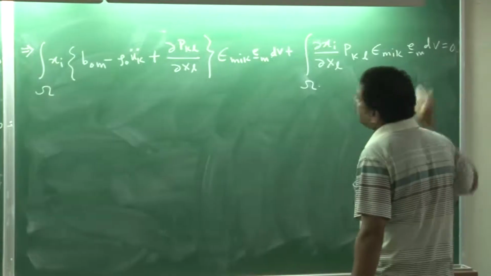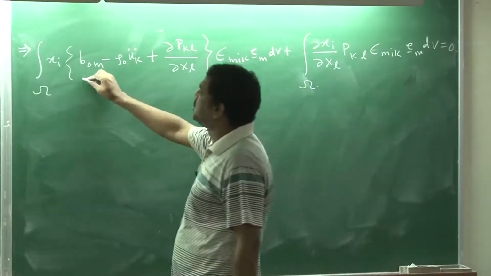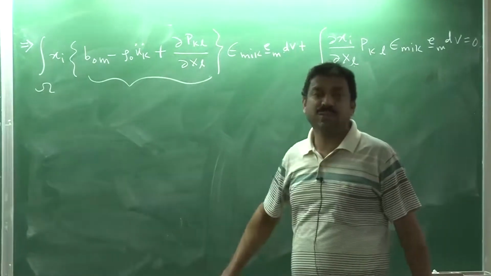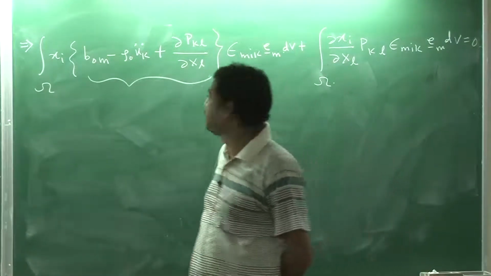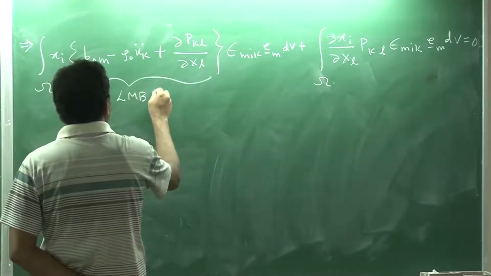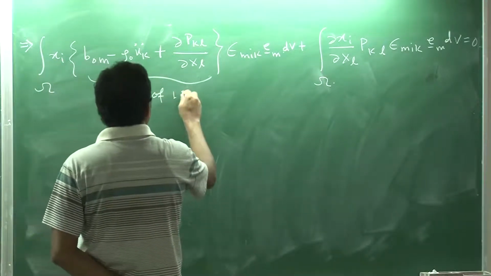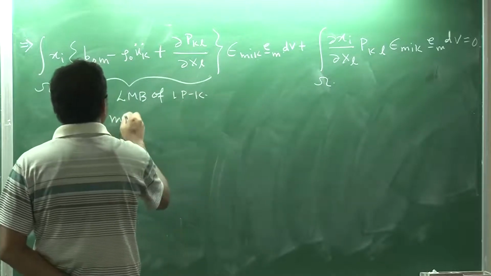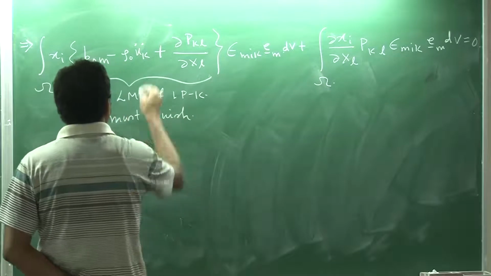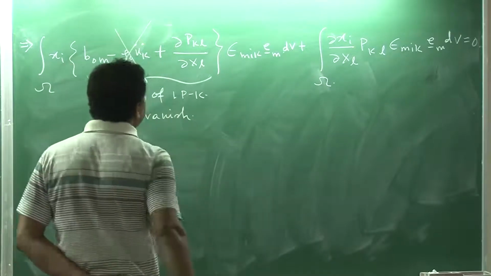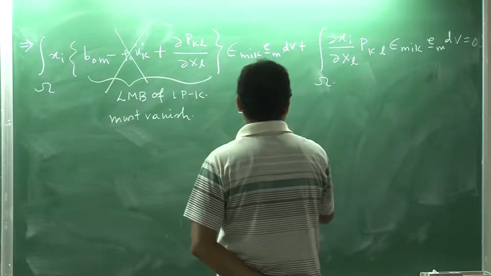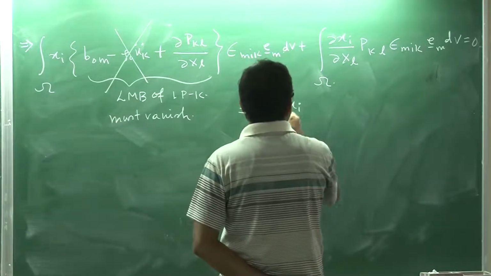Okay. Now, you please see what is this term. This term is nothing but linear momentum balance for first Piola-Kirchhoff, because if you can recall, this is nothing but linear momentum balance of first Piola-Kirchhoff, and this must vanish. So, this will be 0, right. So, the only term that is remaining, this equation is simplified to